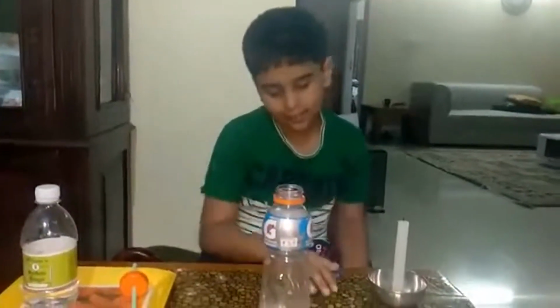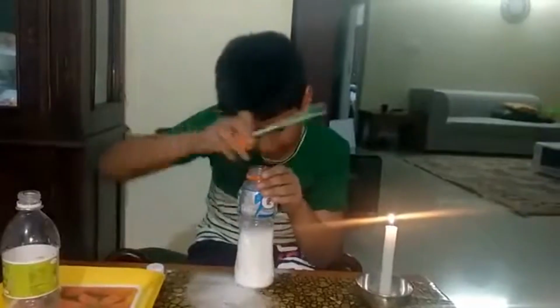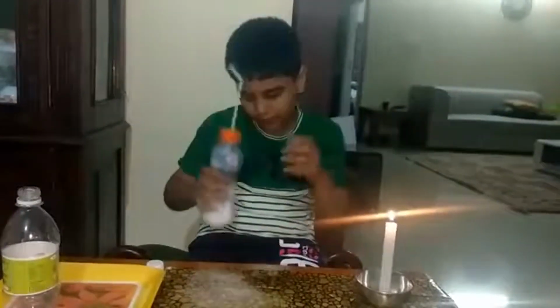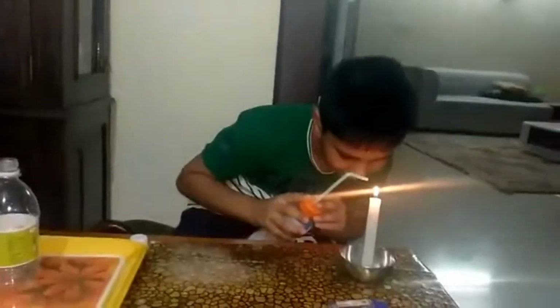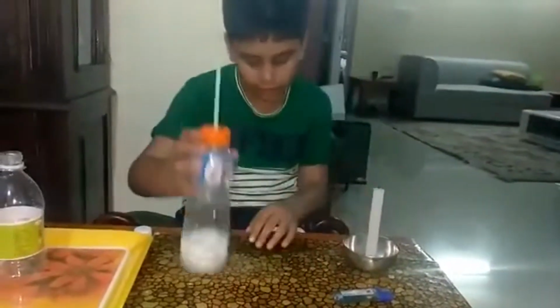Let's begin by lighting up the candle safely. I can hear the puff coming out. Now let's give it a shake and take it close to the candle. The candle switched off